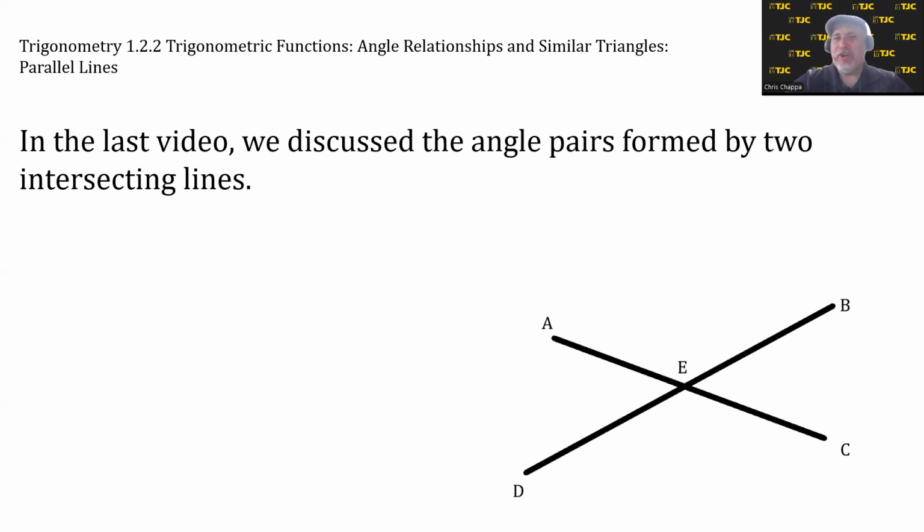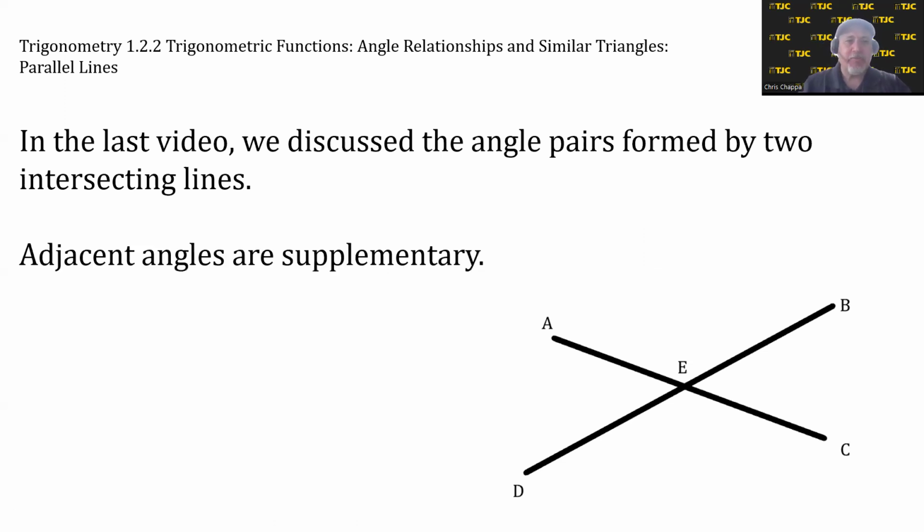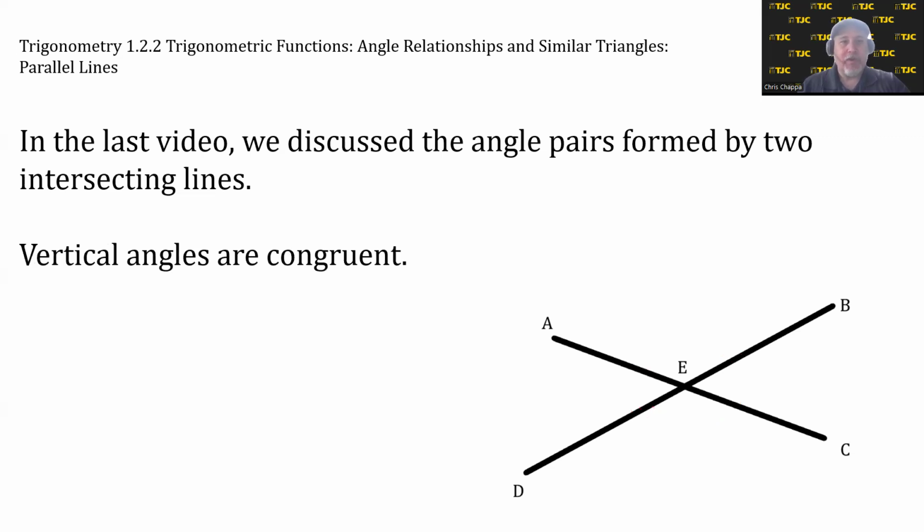In the last video, we discussed the angle pairs formed by two intersecting lines, and there were essentially two types of pairs. We had adjacent angles, and they were supplementary. There were four pairs. These two, these two, these two, and these two. But we also had vertical angles, and vertical angles were congruent. Recall that vertical angles are the two non-adjacent angles formed by two intersecting lines, and we had two pairs, these